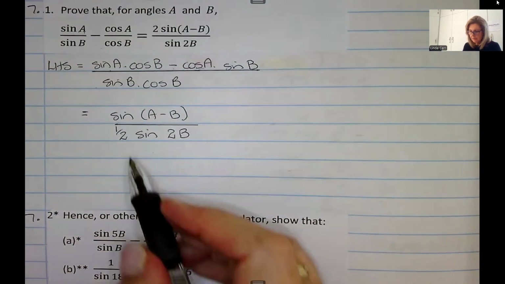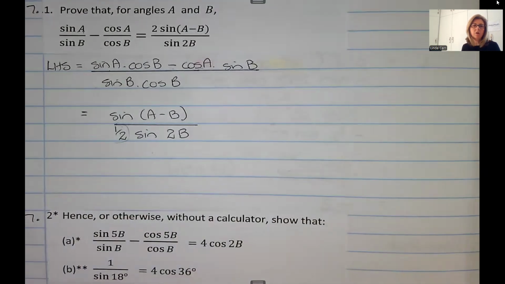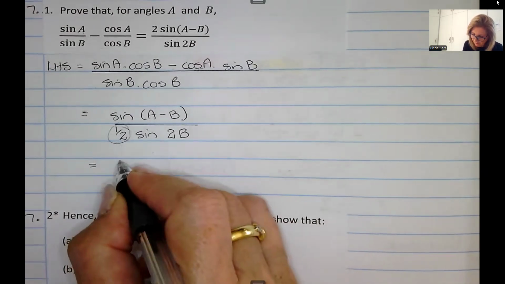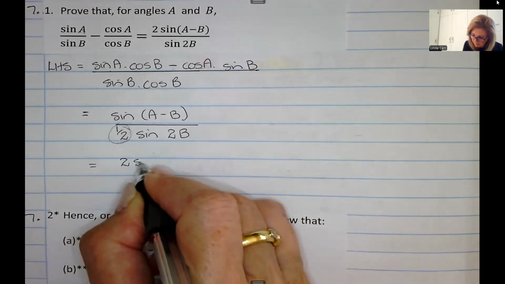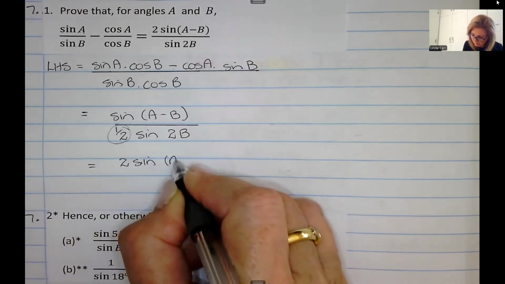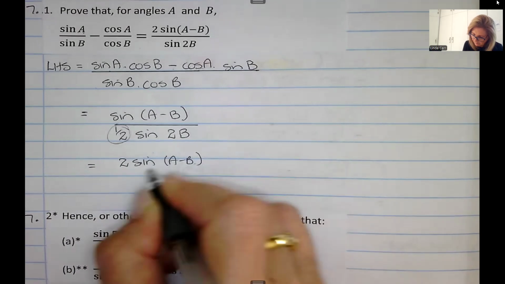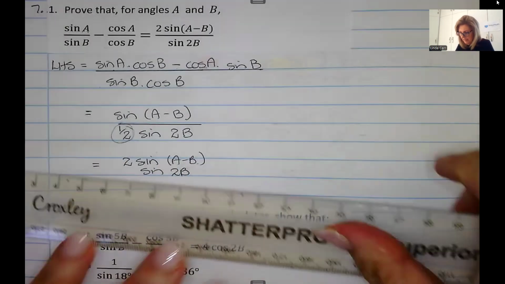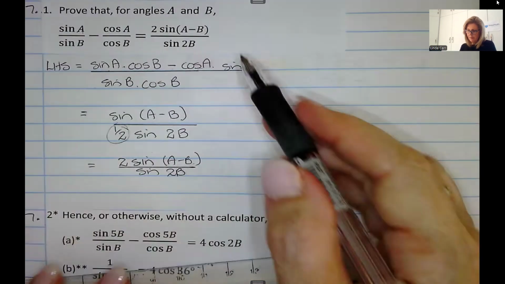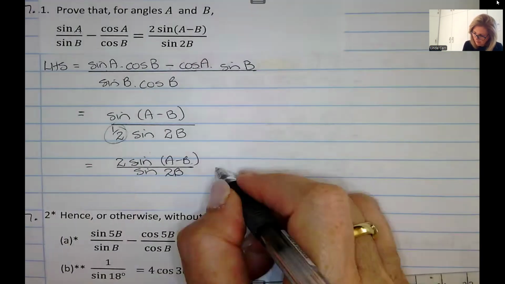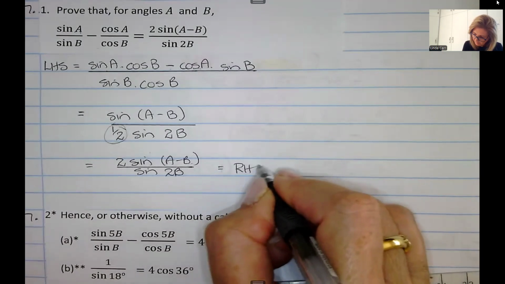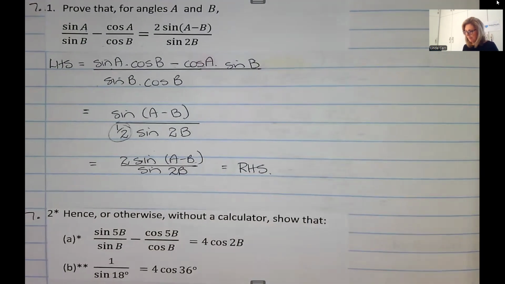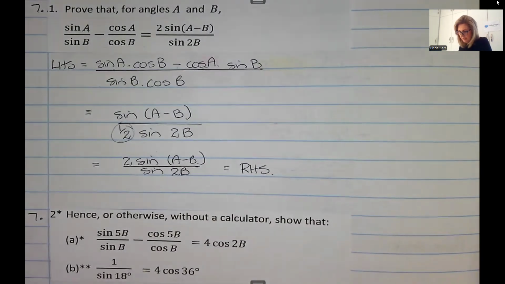Okay, and so the only thing left to do is to say, I don't want a half in the denominator. So when you divide by a half, you're actually multiplying by 2. And that is, in fact, your right-hand side. So we didn't have to do much more effort than that. All right. Okay, next up,